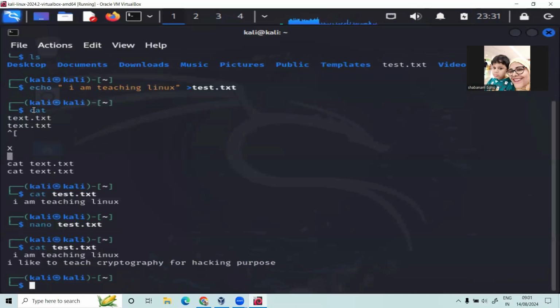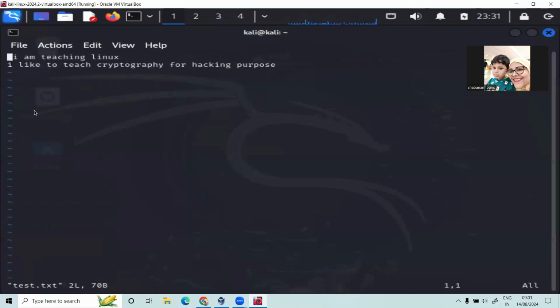Now suppose I want to edit this file using another command called vi. If I use vi test.txt, it will open. Now suppose I want to add some more information. In this case, I have to press the insert key.